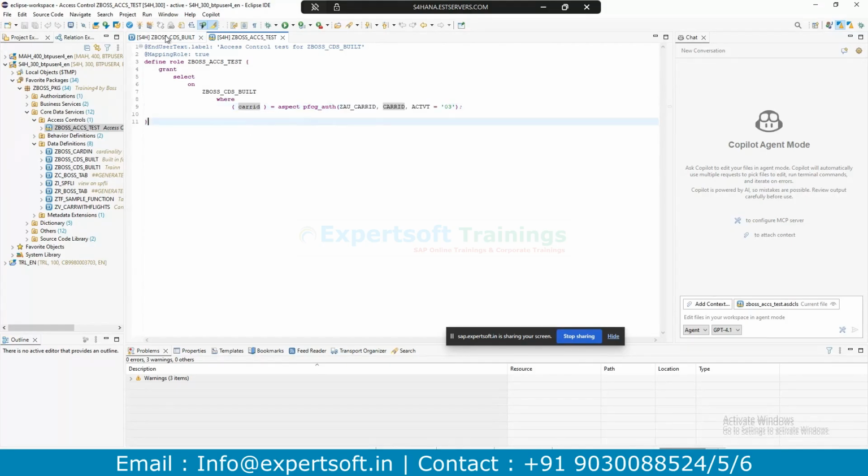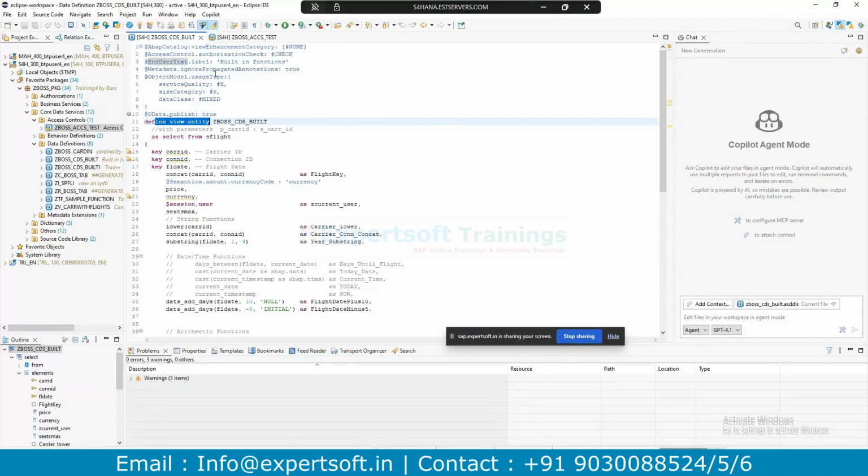So where to start? First, at the top of the CDS view, we have to add the authorization check as a check. Earlier it was not required, so you have to replace it with a check. Then ask the security team to create the authorization object for a particular field. For example, in our scenario, it's the char ID. In a real scenario, we will majorly use the country key. If you want to restrict a particular user based on the country key field, then the country key will be the primary field. We give it to the security team, and they will create an authorization object on it.